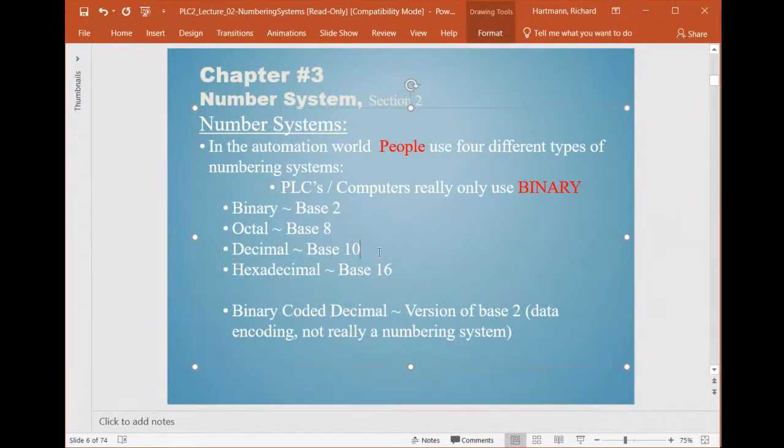Here, if we look at this for binary, 1 0 in binary is the number 2. 1 0 in octal is the number 8. 1 0 in decimal, of course, is the number 10. 1 0 in base 16